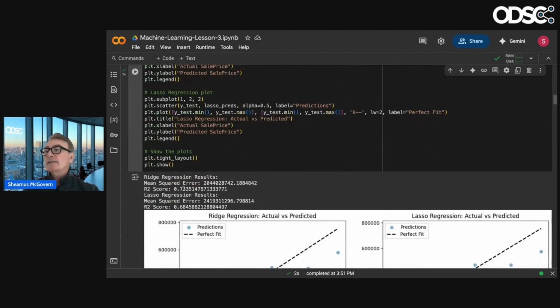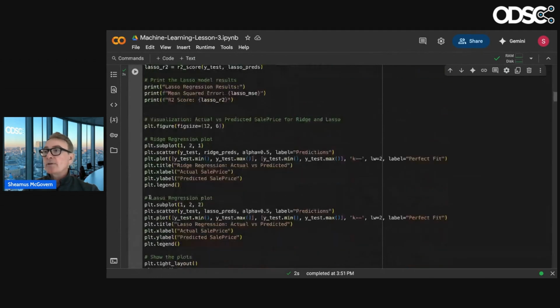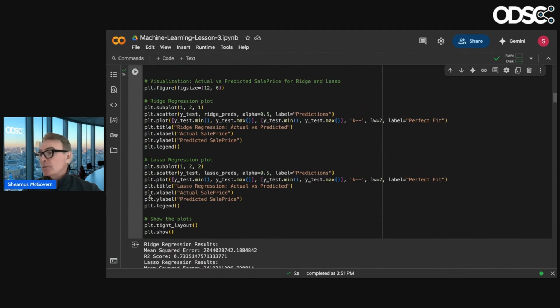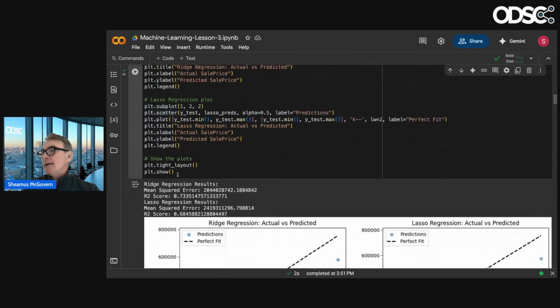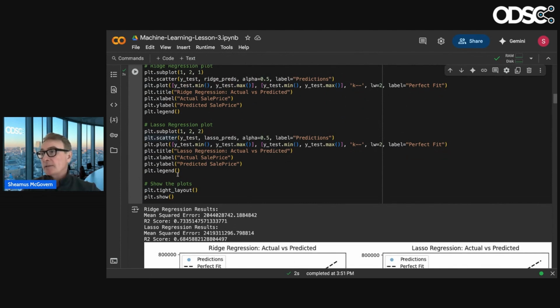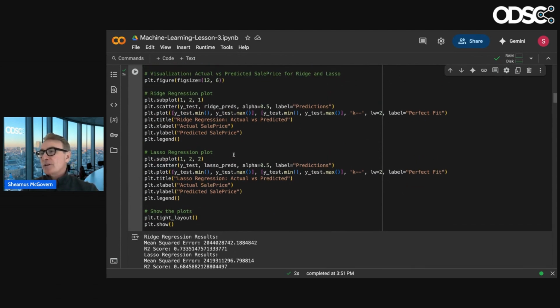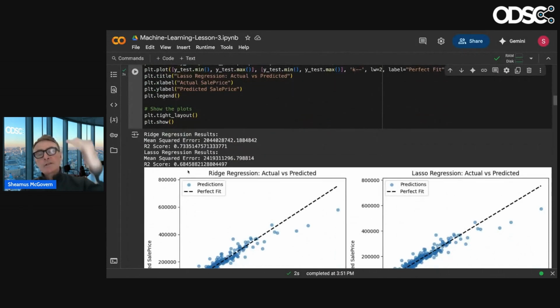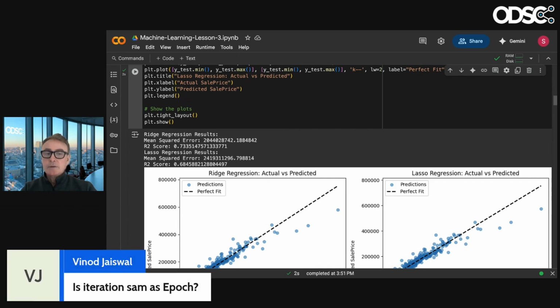Now, to improve this, maybe with the Lasso, we try more iterations, we try a different alpha. That's what we call hyperparameter tuning. Which way to go? From my own experience, maybe Lasso, increase the number of iterations. Not sure. We're using one alpha, maybe try 0.7. It may or may not help, but you'll see those numbers go up and down, kind of trial and error again. But we have a nice little result there, a nice little bump. And iteration, epoch, a lot of people use those terms interchangeably.